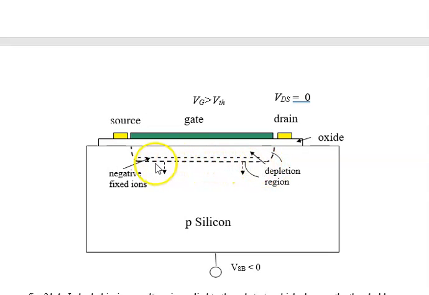The thick dotted line is the VD max, and this area above it is negative fixed ions. What we don't show in this picture is that there's also an inversion charge, and we'll show that later on. So there's actually two areas of negative charge. There's mobile charge at the channel, and there's fixed ions in the depletion region. And the depletion region demarcation is horizontal because VDS equals 0.